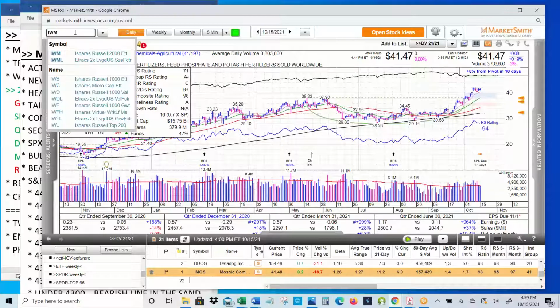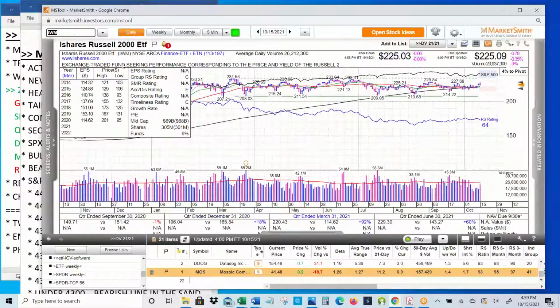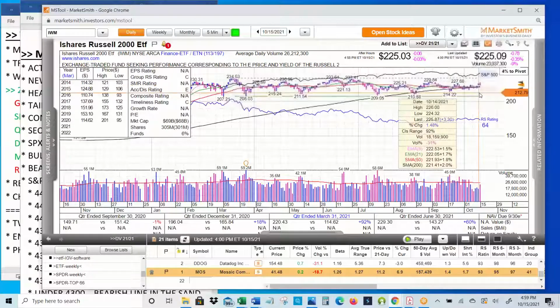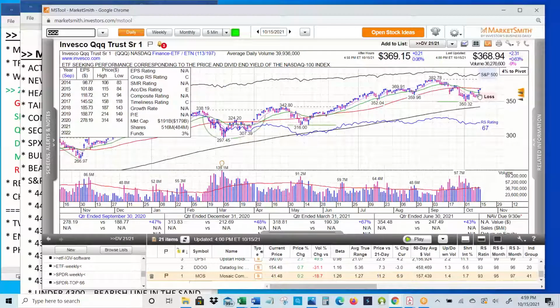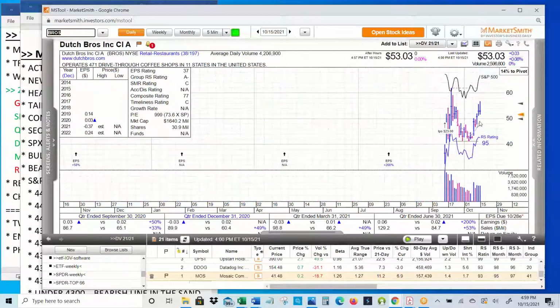I'm going to show IWM because it's a leveraged ETF. The decisions are always made based on the underlying, but this breakout from this tight range got us into TNA, and we also own QLD on the QQQ, move back above the 21. So we've got SSO, QLD, and TNA, leveraged ETFs, and BROS, small position in this, this is forming an